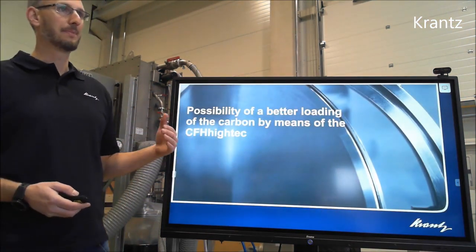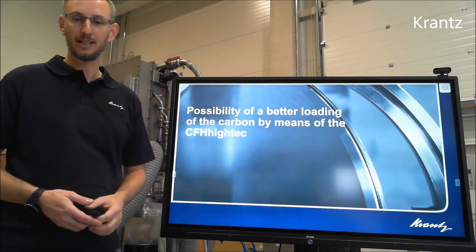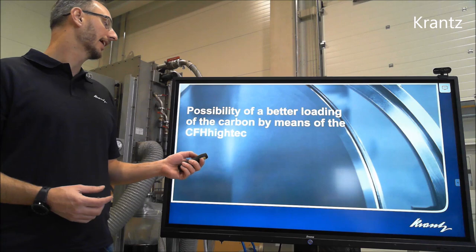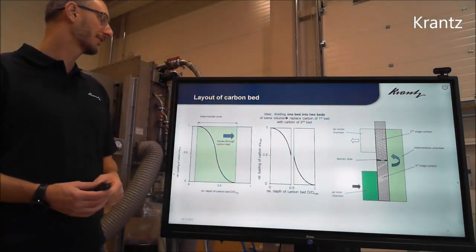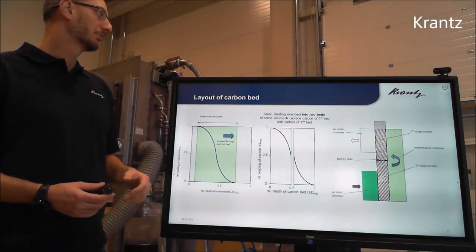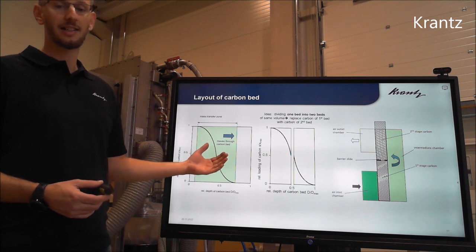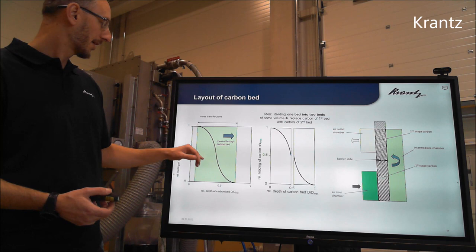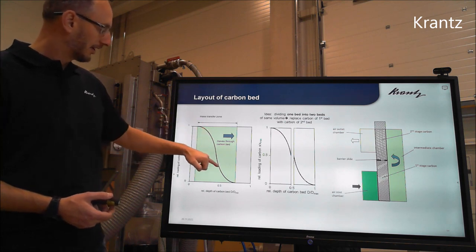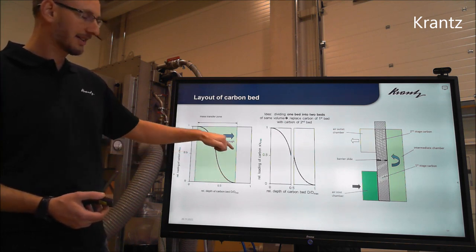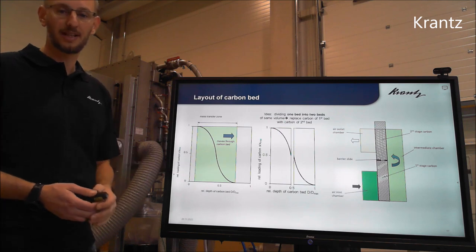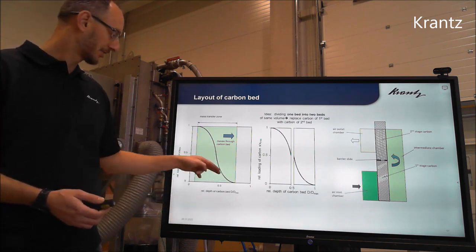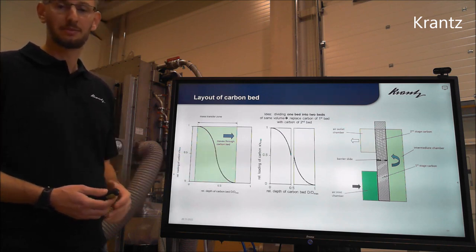If you want to have a better or a more efficient way to have the carbon filtrations designed, then we also have the possibility to have our CFH high-tech housings. If you see a typical load curve of a carbon bed, you see about half of the carbon is spent, the other half of the carbon is usually not spent, but you are at a point where you need to change the carbon because you cannot use it, because at this point you would have already breakthroughs to the